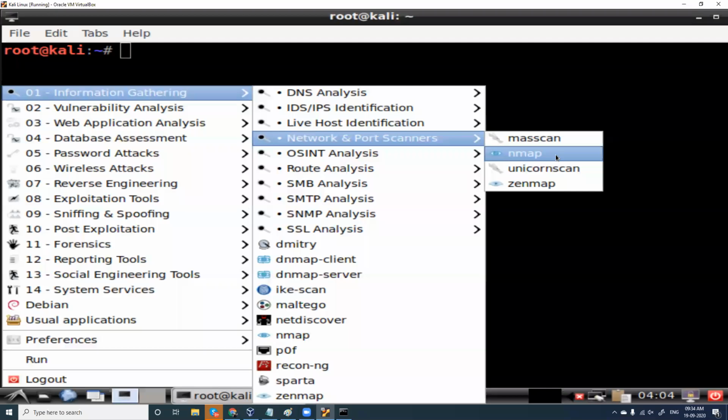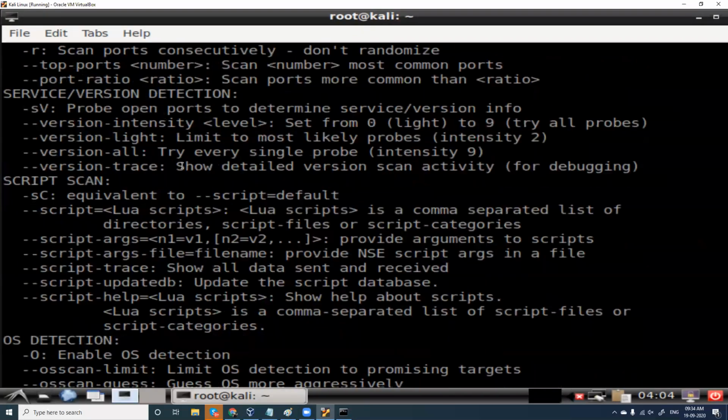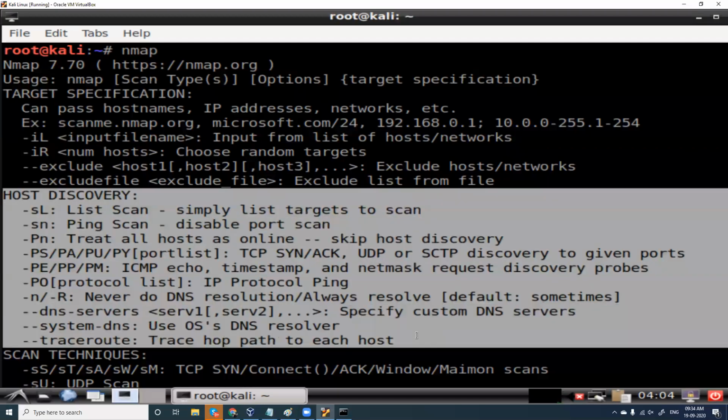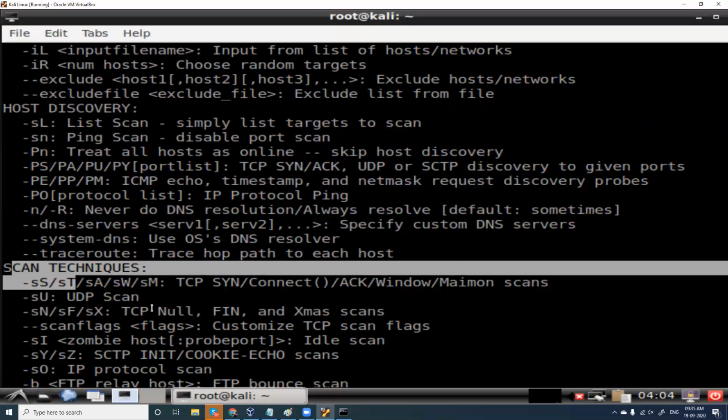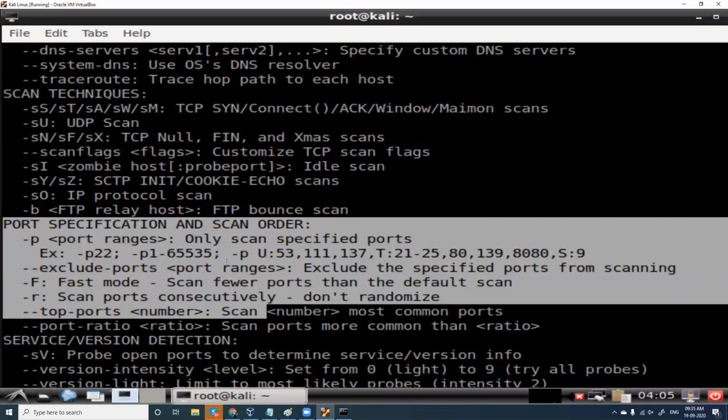Or you can also open up a terminal like this and type nmap, and the command generally works. Make sure to check what commands are there: type nmap and enter. You can see the list of commands, what is there for host discovery, and what scan techniques you have, different things which you can include.